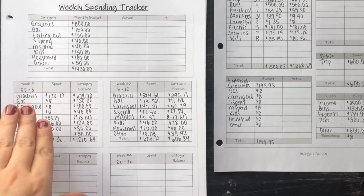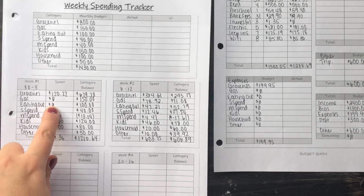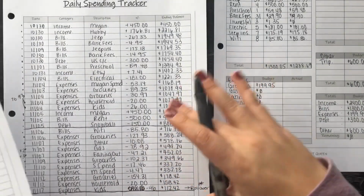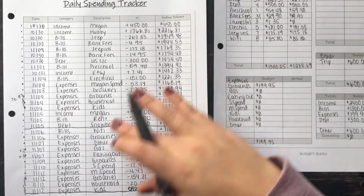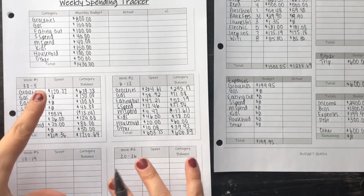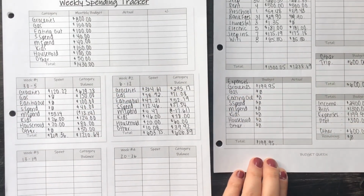I hope that makes sense, but it's super easy when it comes to the biweekly budget. You just add week 1's numbers and week 2's numbers, and that's way better than going back through 2 entire weeks of transactions. It's already done, it's over with. So all we got to do is add week 1 and week 2, and that's how you get the total